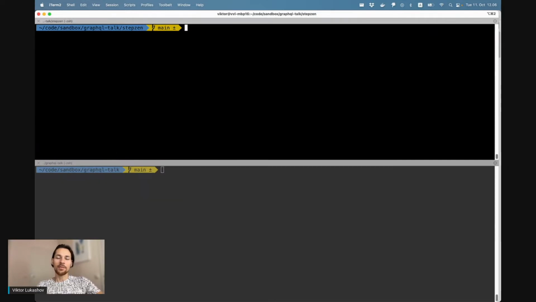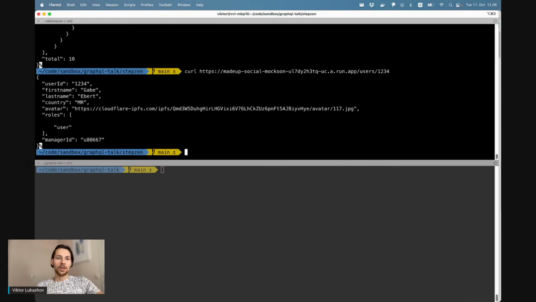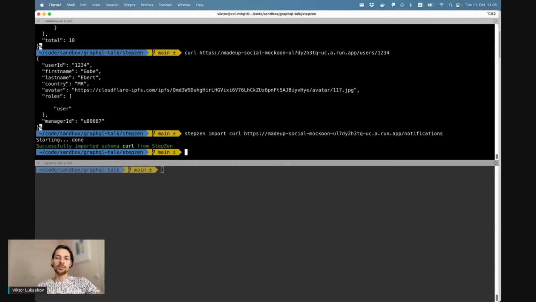And if you have a REST endpoint such as one you can curl, say notifications or users, you could use the StepZen import command and pass it the curl, so that StepZen would go reach out to this endpoint, introspect the response, create a GraphQL schema for it for you, and then you can deploy it using StepZen start.